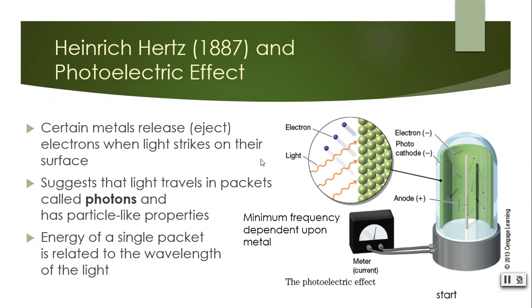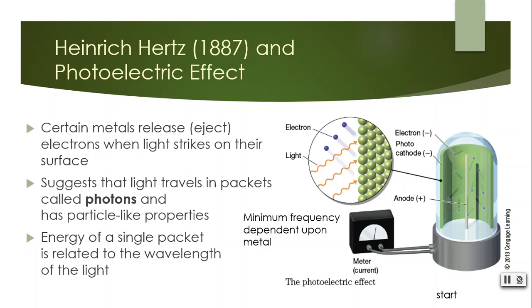what was determined was that when a particular metal is exposed to light of a particular frequency, those metals actually release or eject electrons, that subatomic particle, from the atom. That metal ejects electrons when the light strikes its surface. Now, how those electrons are detected, you talk about in other classes. But from this experiment that was done with several different kinds of metals with light of particular frequency and wavelength,